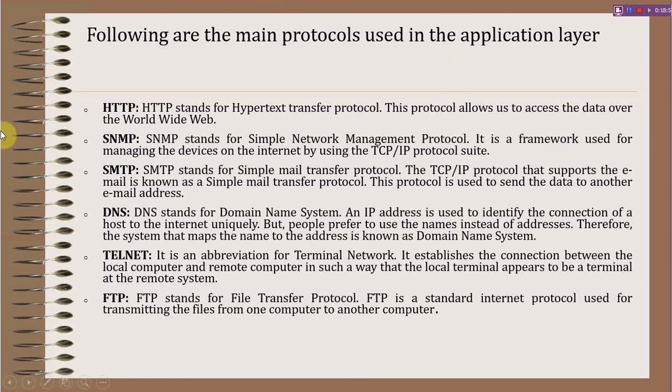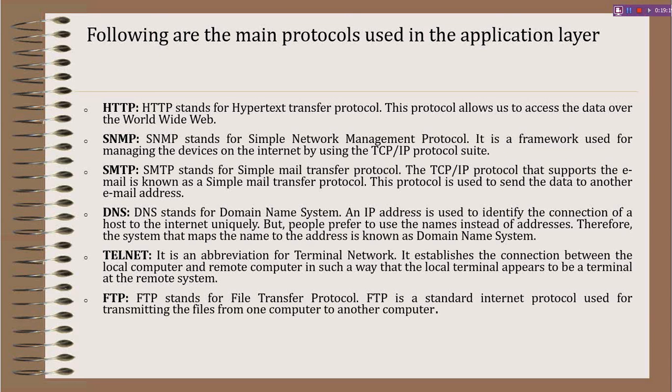First one is HTTP. HTTP stands for Hypertext Transport Protocol. This protocol allows us to access the data over the World Wide Web. And SNMP stands for Simple Network Management Protocol. It is a framework used for managing devices on the internet by using the TCP/IP protocol suite.